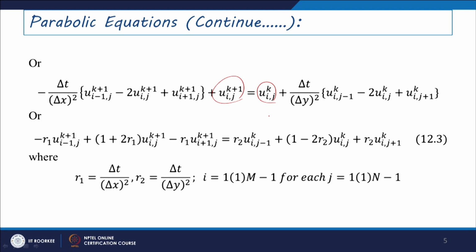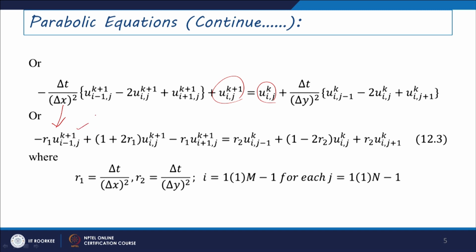And especially we are specifying del t by del x square as r1 here, and r2 as del t by del y square for i equals 1 to m minus 1 and j equals 1 to n minus 1. And if you write these coefficients r1 and r2 as del t by del x square and del t by del y square, then this equation will be reduced in the form as minus r1